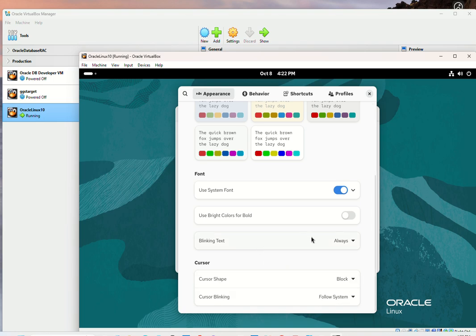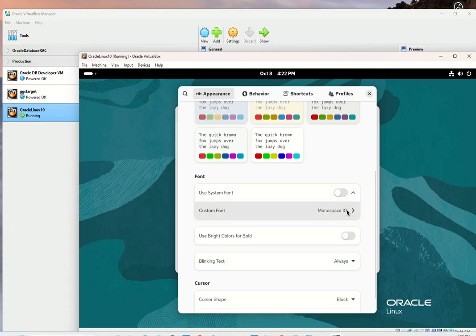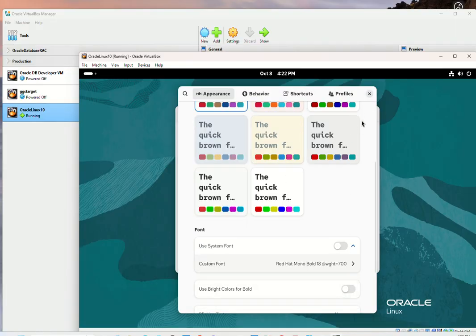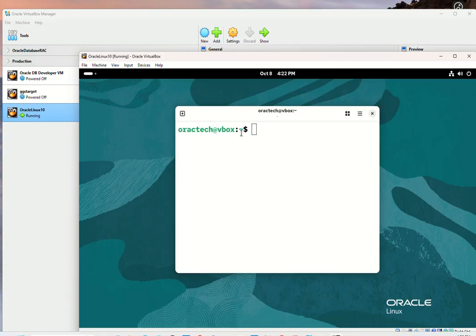Okay, bold, system font. I'll come there. I'll take that and I'll increase here. I want it to be big. Select, and I think, yep, as you can see,